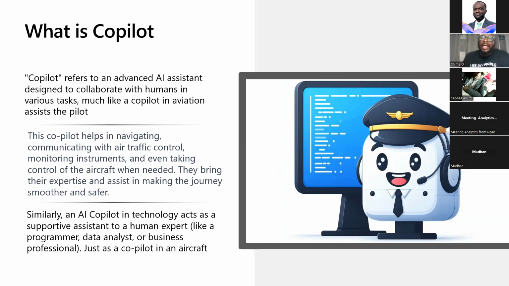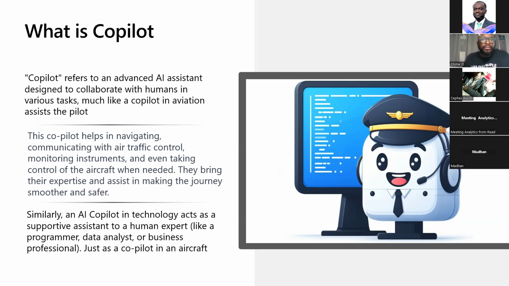At the same time, those repetitive tasks, like write this email, respond to this, let me prepare this presentation, all those repetitive tasks we do for our business day to day, we can use AI Copilots to automate those processes. By using an AI Copilot for these tasks, it frees us human beings to focus on more complex and more creative aspects of our work.